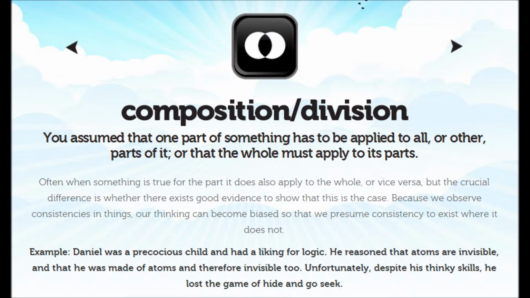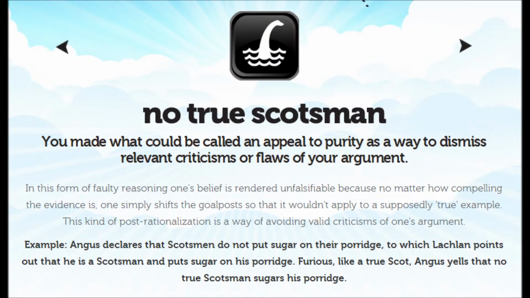17. No true Scotsman. You made what could be called an appeal to purity as a way to dismiss relevant criticisms or flaws of your argument. In this form of faulty reasoning, one's belief is rendered unfalsifiable, because no matter how compelling the evidence is, one simply shifts the goalposts so that it wouldn't apply to a supposedly true example. This kind of post-rationalization is a way of avoiding valid